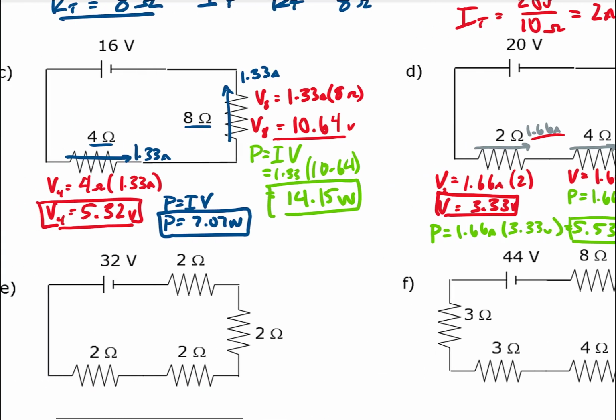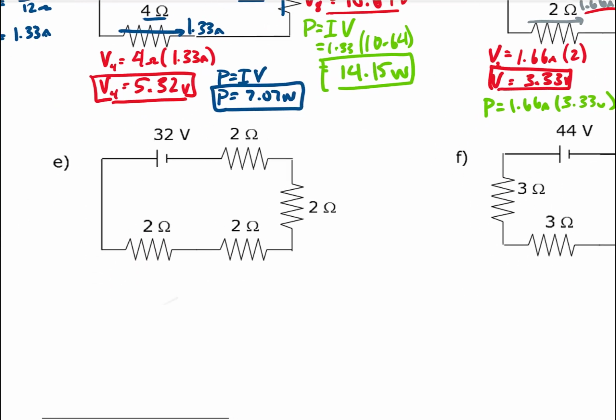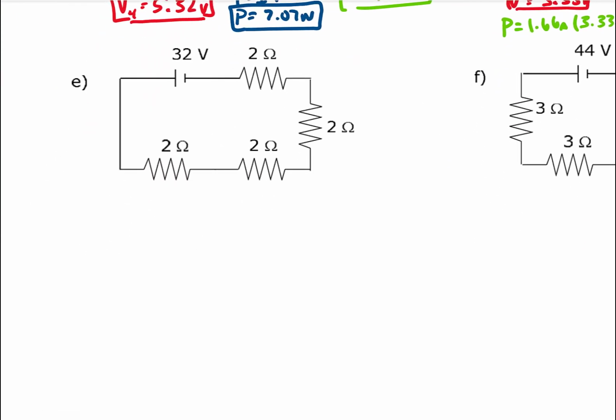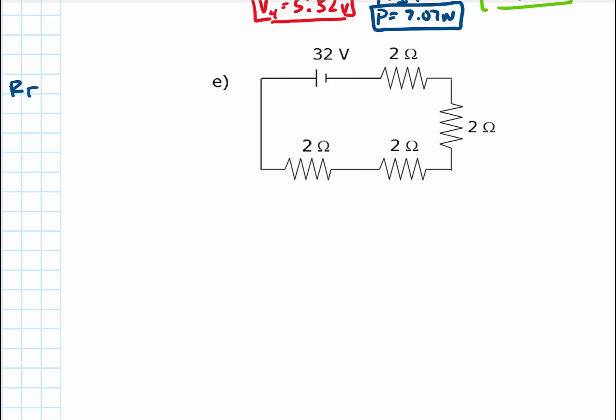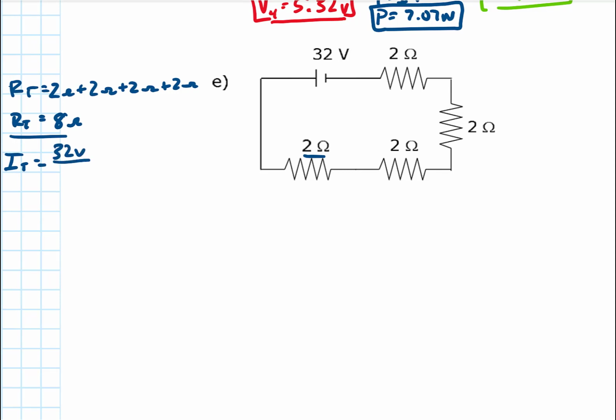This thing's about to get crazy. Here we have 4 resistors, but again, to find the total resistance, and we'll do it over here to give ourselves a little bit of room. The total resistance is just resistor 1, 2 ohms, plus resistor 2, plus resistor 3, plus resistor 4. So that total resistance comes out to be 8 ohms, and the total current comes out to be 32 volts, the total voltage divided by 8 ohms, the total resistance,